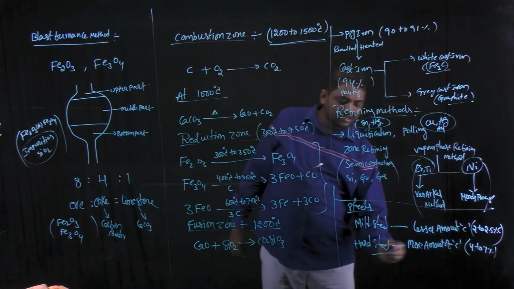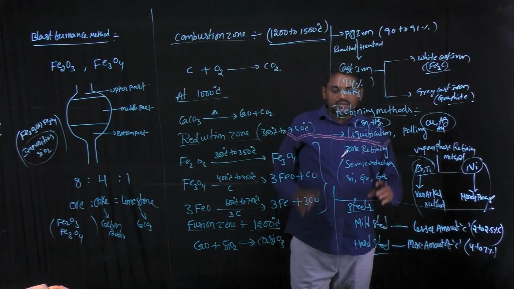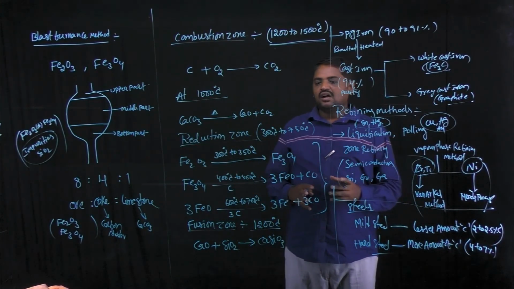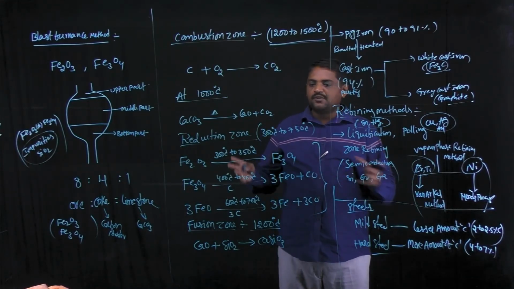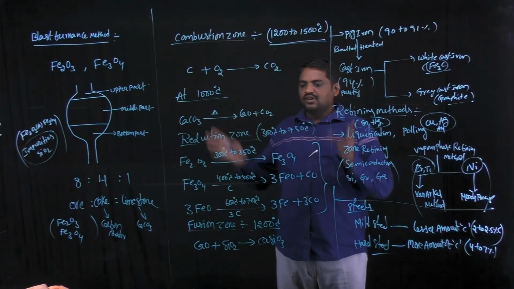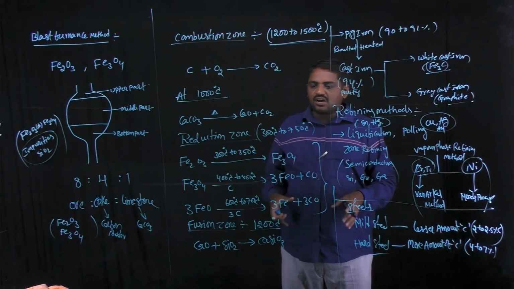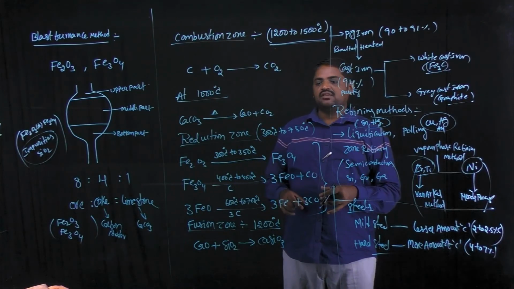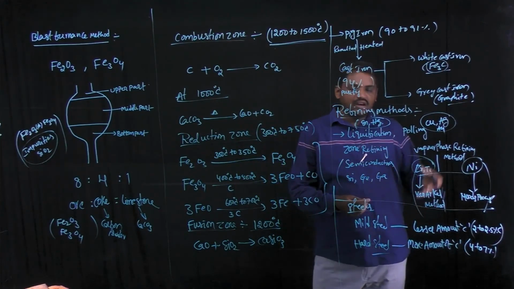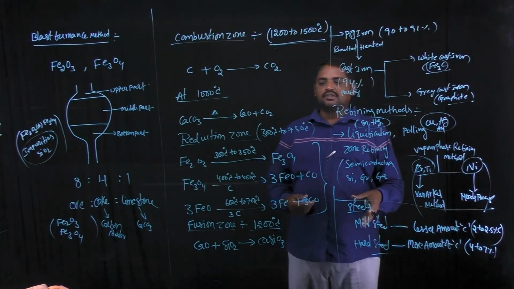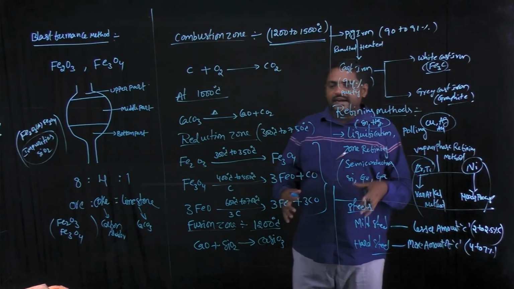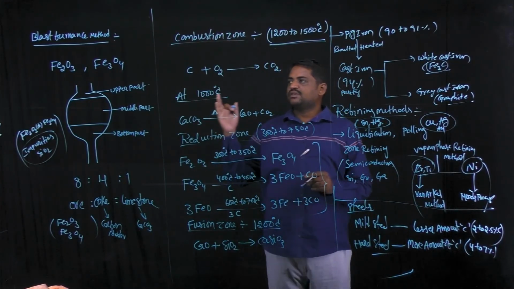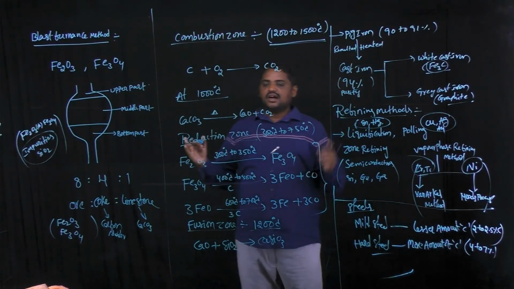The mild steel is used in so many domestic instruments, but the hard steel is easily broken compared to mild steel due to containing a large quantity of carbon. That is the difference between mild steel and hard steel. This is an explanation for the blast furnace method and some of